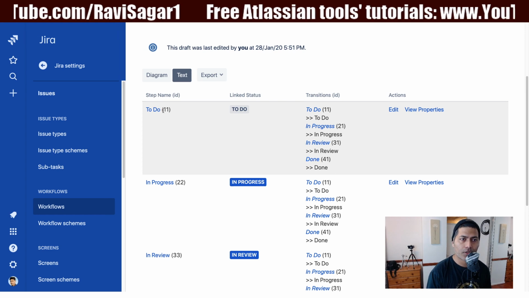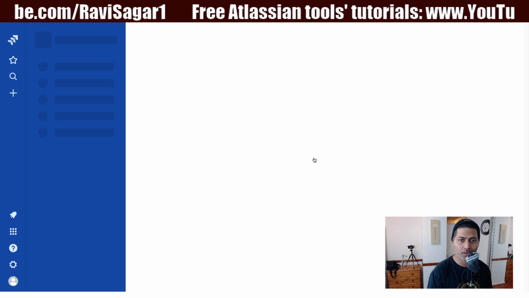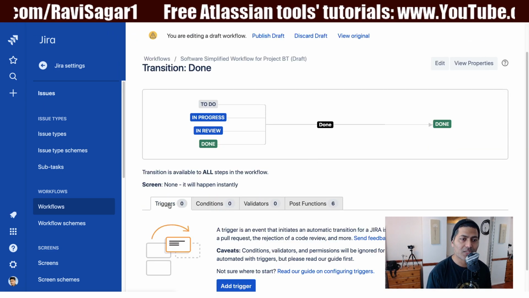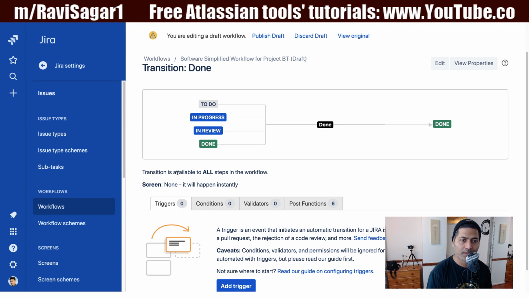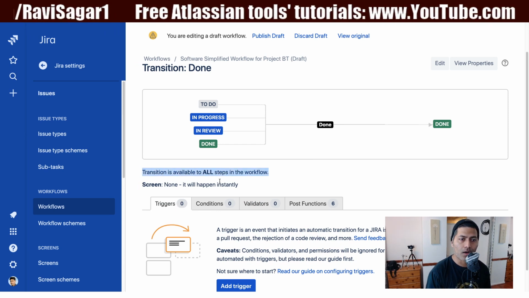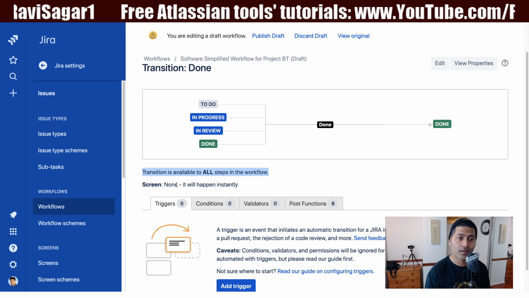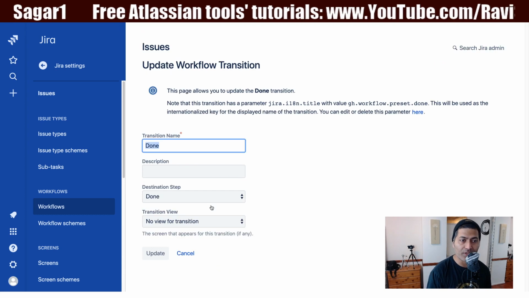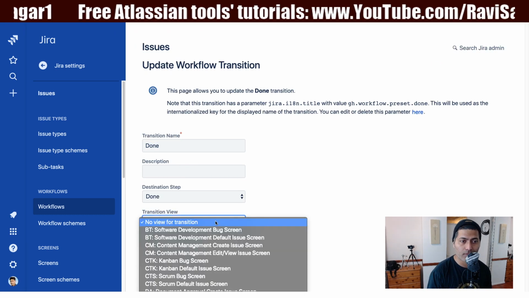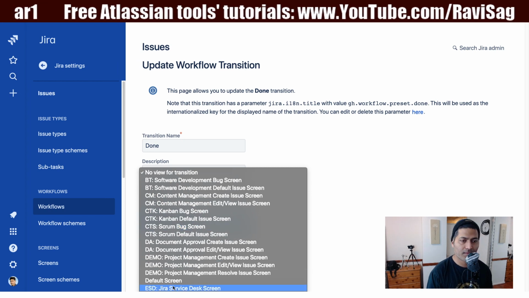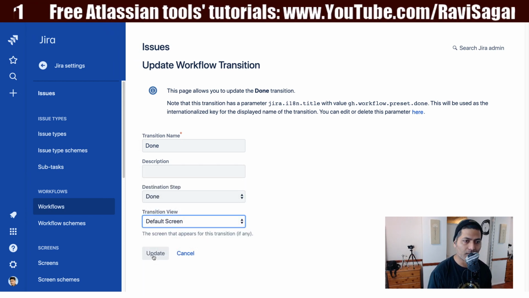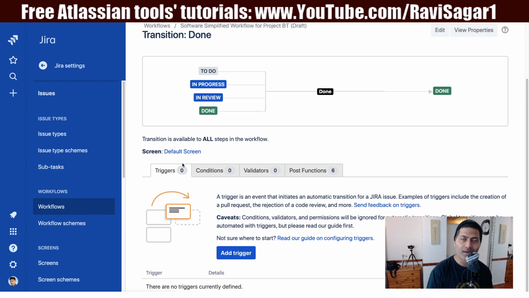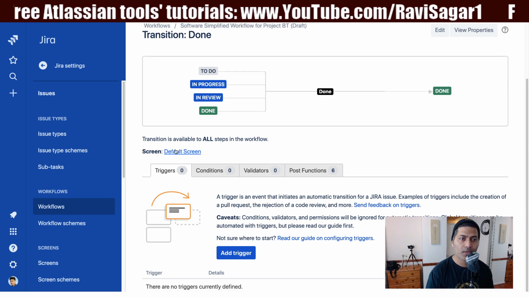So let us say if I click on to do to done, it is something similar to what this user mentioned. This transition happens instantly because it says transition is available to all steps in the workflow, but there is no screen attached. So it depends on the workflow, but there could be a screen that can be displayed. It could be any screen, but if you have a situation where there is a screen attached to that particular transition,